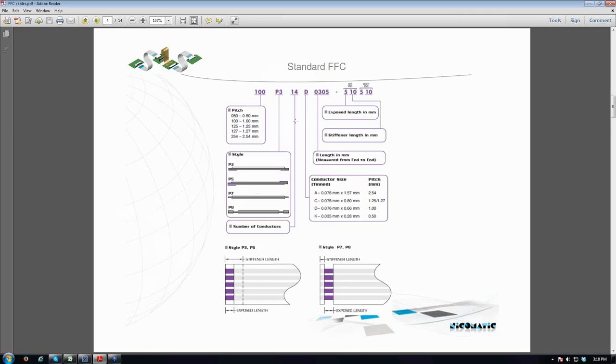Pin counts, defined in 2 digits. The conductor size, and each conductor size is married to the pitch. We don't want to mess this around too much. So if you're talking about a 1 millimeter pitch, it's the letter D. If you're talking about a 0.5 millimeter pitch, the letter K. There are other variations. Length from end to end is defined in millimeters in 4 digits, and then the exposed length